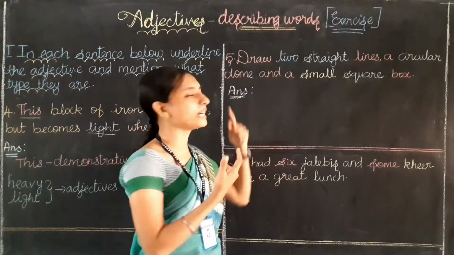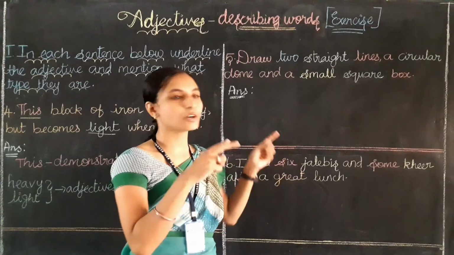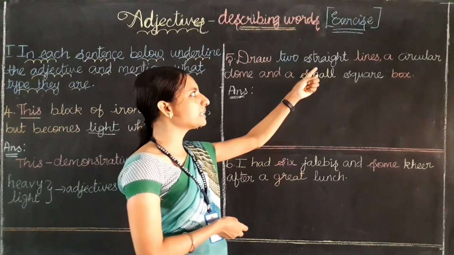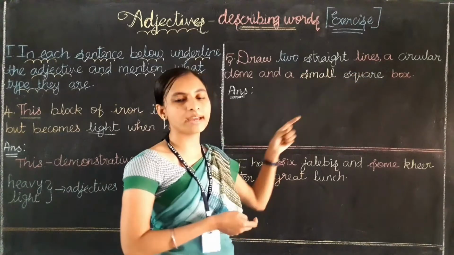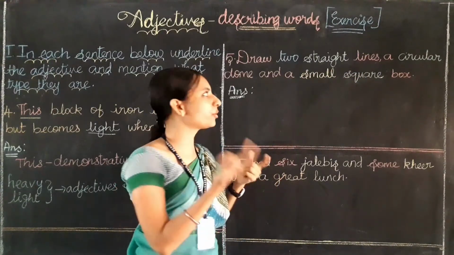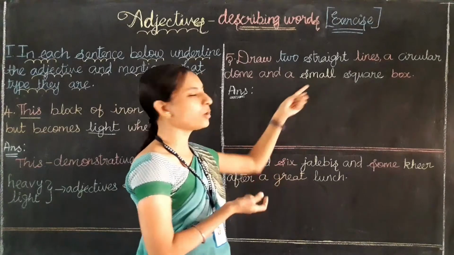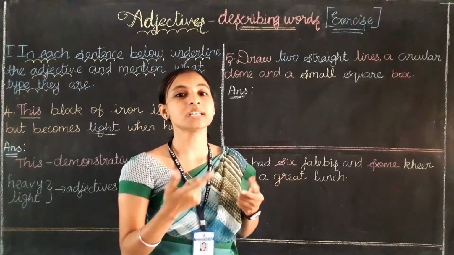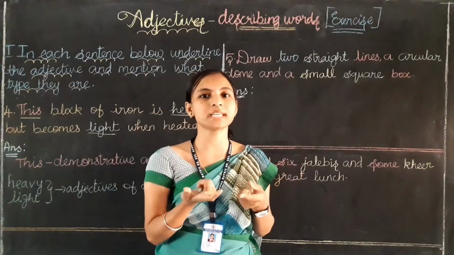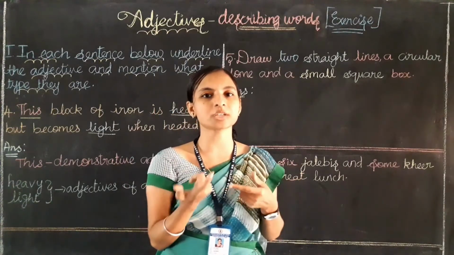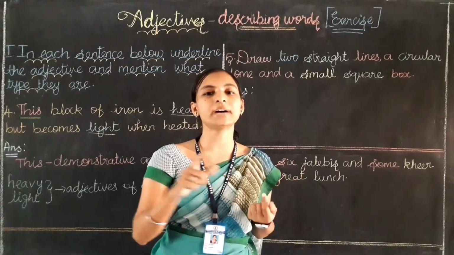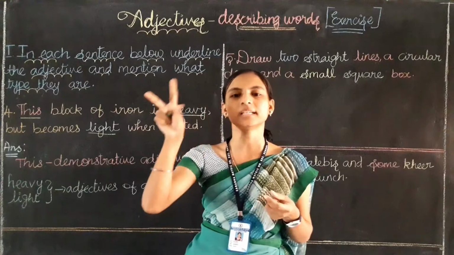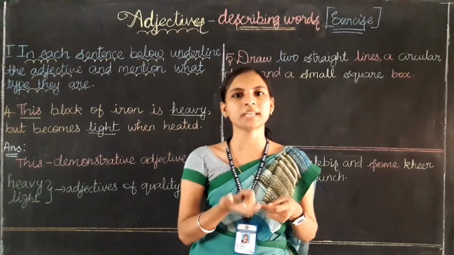Two refers to the adjective of quantity because it's talk about how many lines? 2 lines. What about the straight, circular and square? These are the shape of the nouns. Okay, and small, it's talk about the size. So how do you find out, ma'am? Because in the previous video, if you have seen this adjective introduction alone, in that video I have written 8 words. I have drawn one circular and all other small circle for the adjectives.